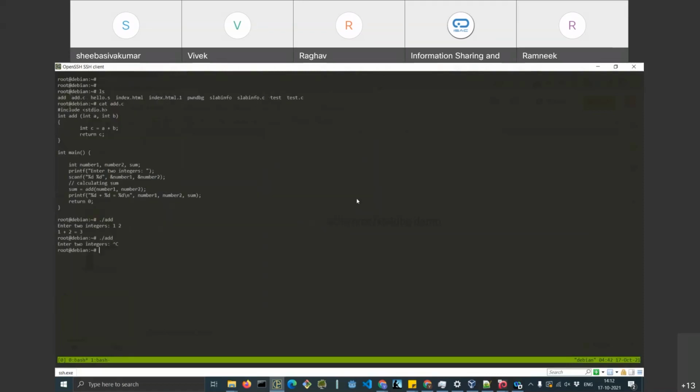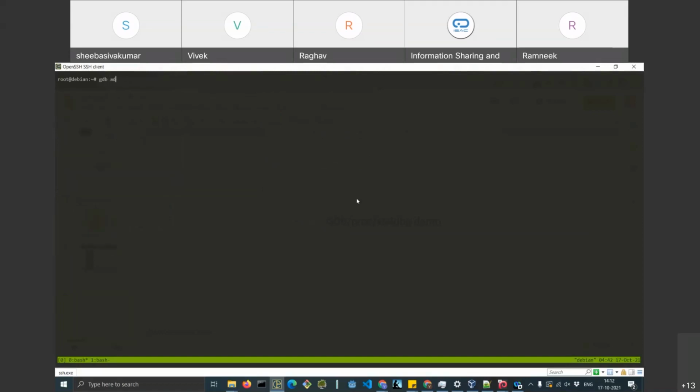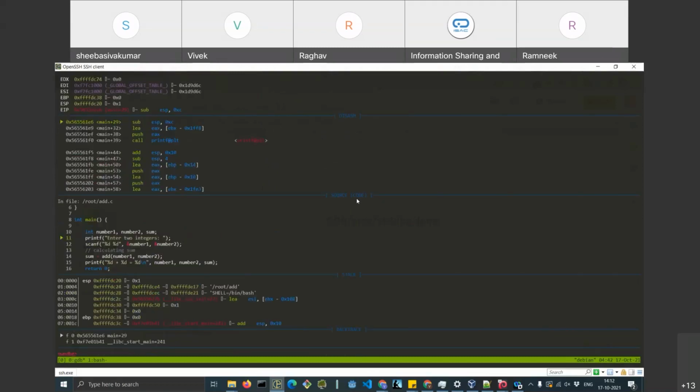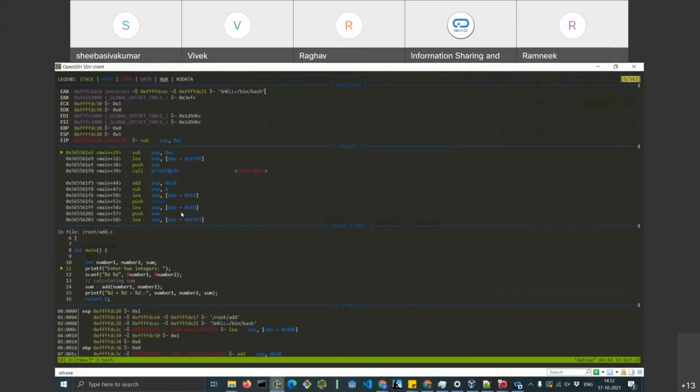Now I'll also open this particular add program in GDB. I'll just use gdb add, and I'll just type start. When I type start, this is what the program looks like. In a debugger, whenever you're analyzing a binary, you see all these sections. These registers, as I explained, you have your EAX, EBX, all these registers are here.